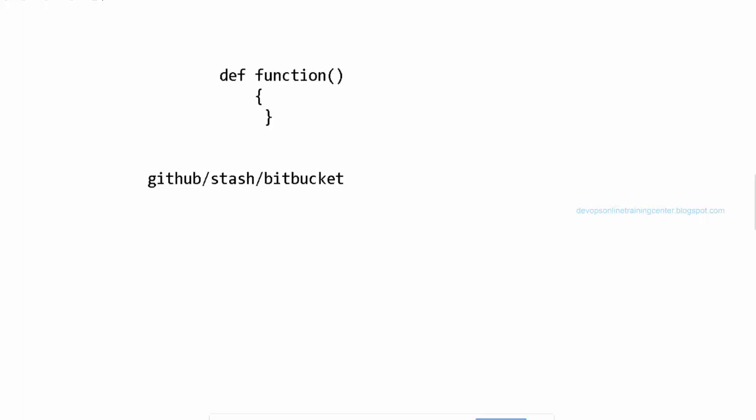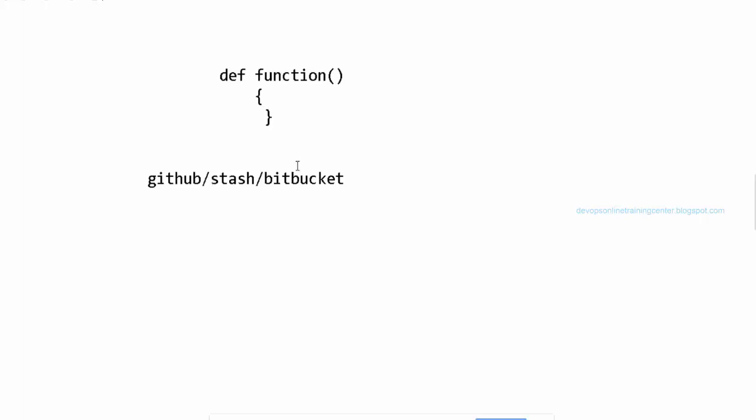Is this clear? Sorry, what is Stash? I don't get that part. Stash is a kind of repository. Basically, it looks like GitHub, but it is a product from another company. Okay.